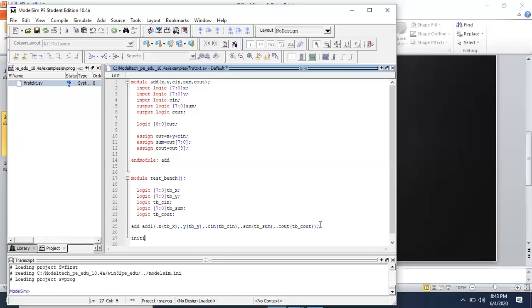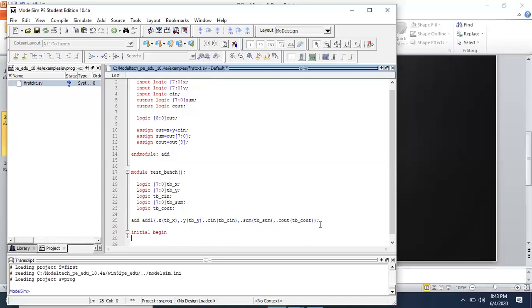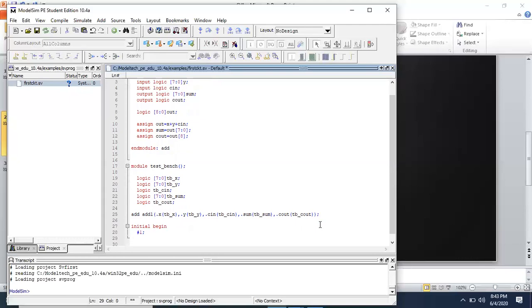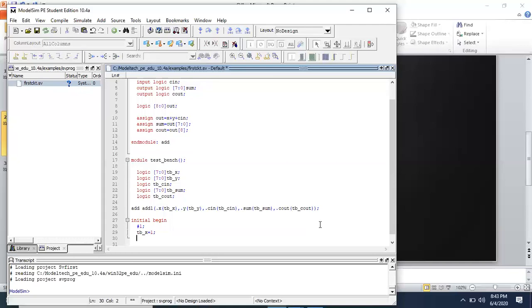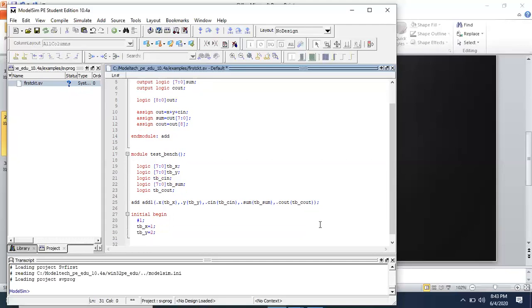Then write the functional block. So initial begin, after a time interval of 1, just give the inputs. So tb underscore x is equal to some value, 1, then tb underscore y, give the value 2, and tb underscore cin, which is the third input.